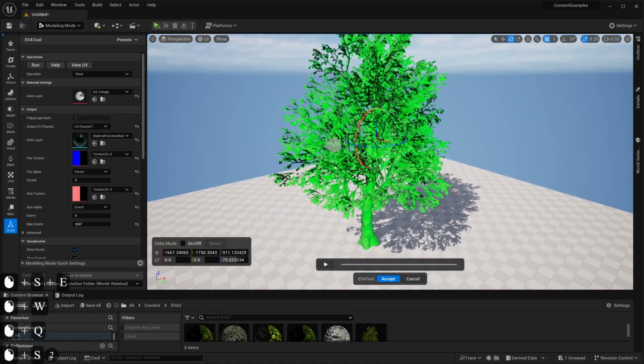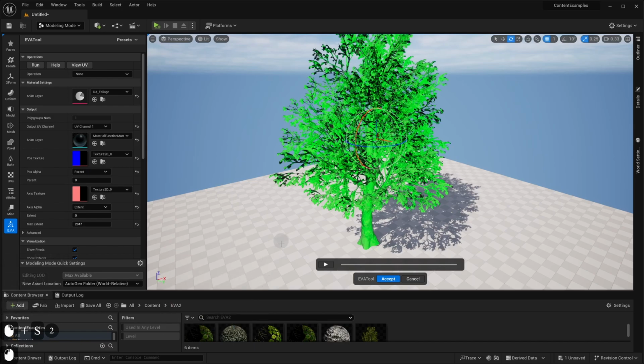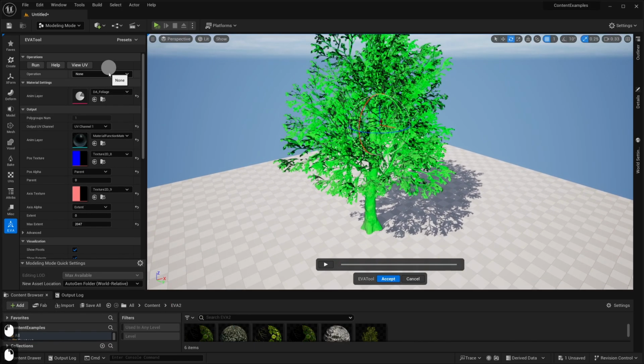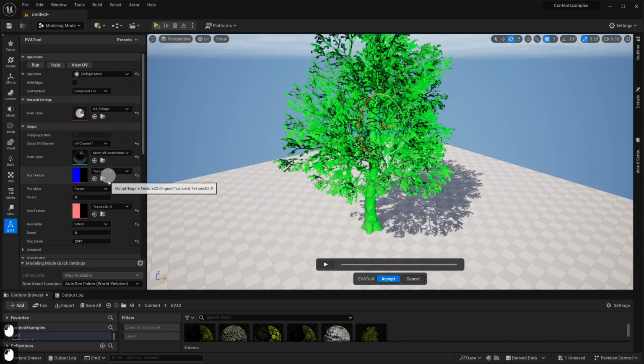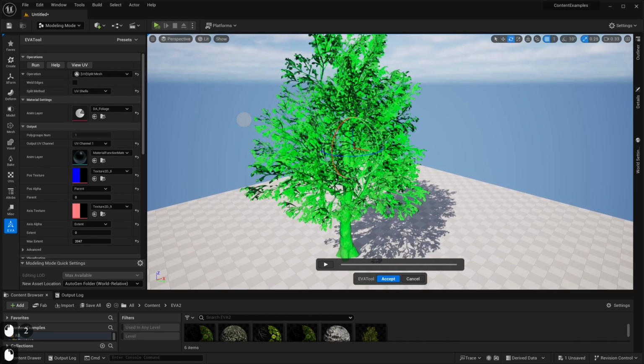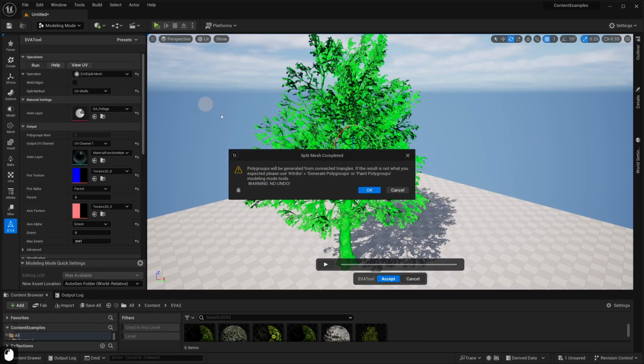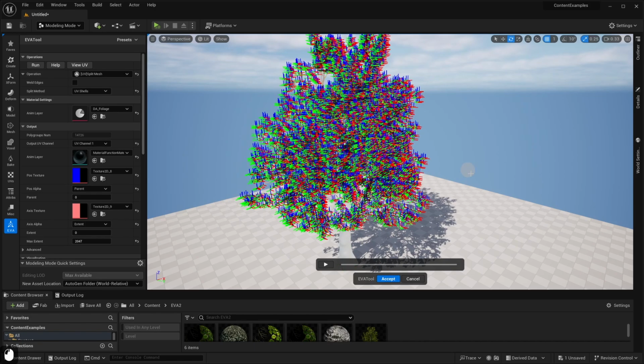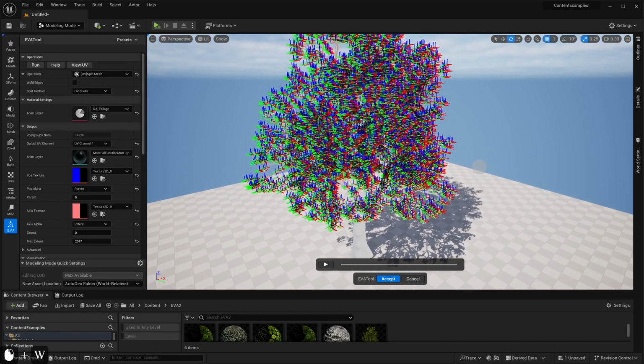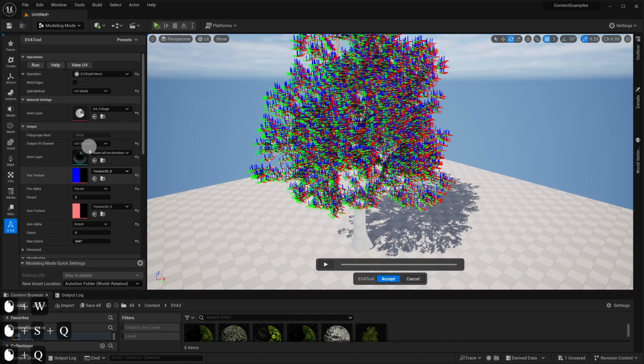Right now we will split our tree in parts. So we will go into operations and choose the split mesh operation. And here there's also a new thing: we will split it by UV shells, because that's the method that works better with this tree. I will run the operation. It will say basically that there is no undo. Most operations have an undo, but this is the only one that doesn't. And here we have it, our huge tree